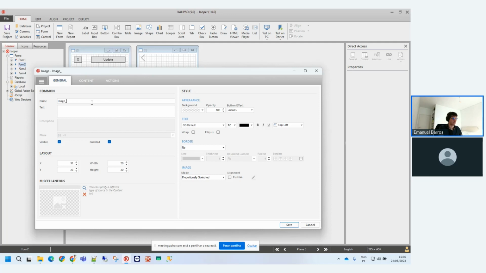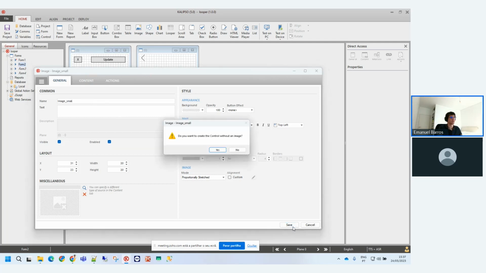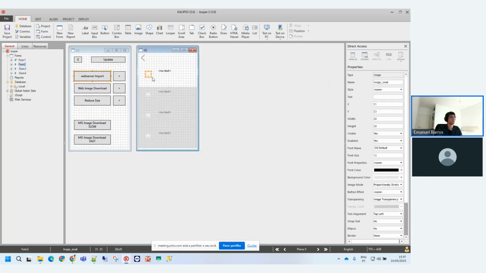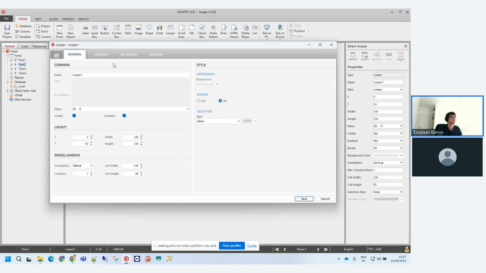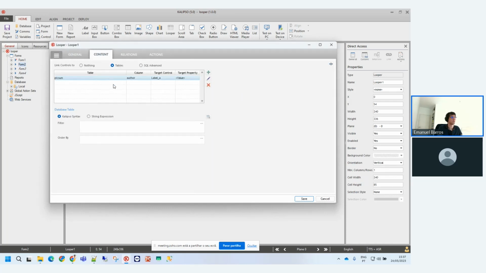I can just bring the URL to the image. I don't need to, how can I say, I don't need to download the image, and I don't need to convert the image. I just need to point to the URL. Of course, this only works if you are using the application online. Okay, so I'll add the link,